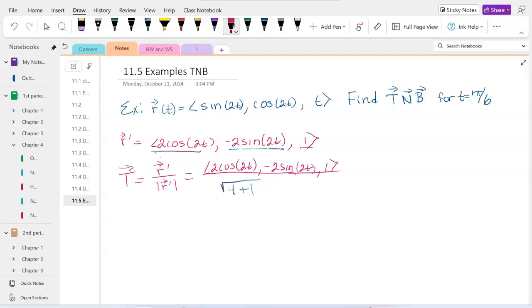All right. And then if we want to think about this at t equals pi over 6, hopefully you guys remember your right triangle trig, and you get 1, negative root 3, 1. And hopefully I remembered my right triangle trig and I have no simple mistakes, but I'm sure if I do, one of you will call me out for it. Okay, so